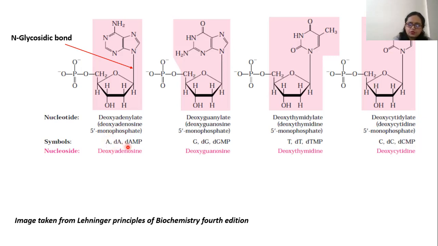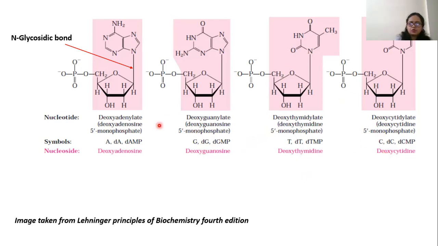we can simply write it as dAMP, deoxyadenosine monophosphate, and in the case of RNA we can write it as adenine. So this is the deoxyadenosine nucleoside, while the nucleotide is deoxyadenylate. So without a phosphate group, it is a nucleoside, and with a phosphate group, it is a nucleotide. The second structure is of deoxyguanylate or deoxyguanosine 5' monophosphate. We can simply write it as dG or dGMP, and in short form we can say it as deoxyguanosine. The third structure is for deoxythymidine, while the fourth structure is for